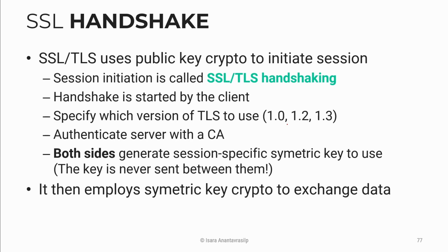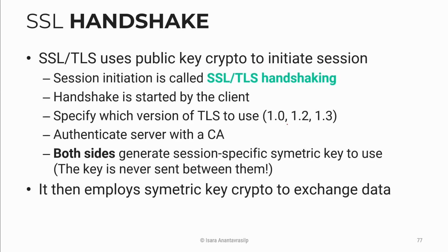As you may recall, with PGP, when Bob wants to encrypt his message and send it to Alice, he generates the symmetric key, encrypts that symmetric key using Alice's public key, and sends that key to Alice. But in this case, they are not sending anything. They increase the level of security by sending a few parameters, some randomized numbers, and both sides, client and server, automatically generate the key by themselves, and that symmetric key is going to look the same.